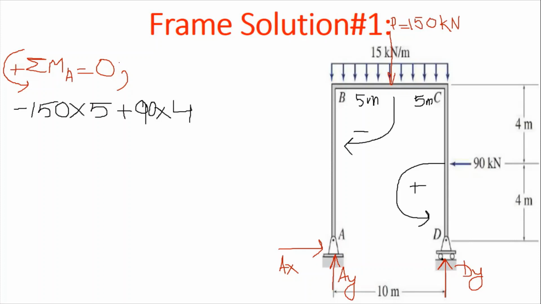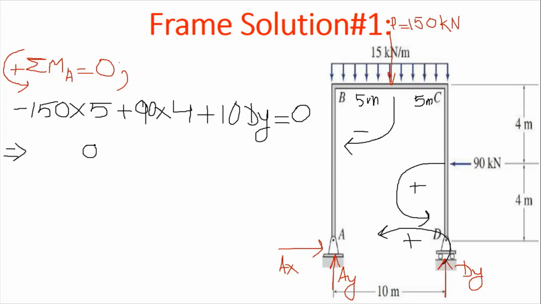The next is what? We have to rotate this force towards A, and its rotation is again positive, so we have to write it down positive. This distance is 10. This is the vertical force, so we will consider this horizontal length. So it will be 10 dy. So we have to solve it out, equals to 0. So what are we going to do?